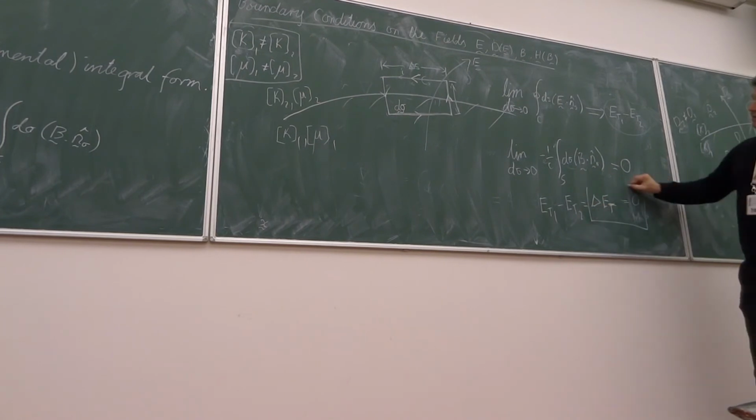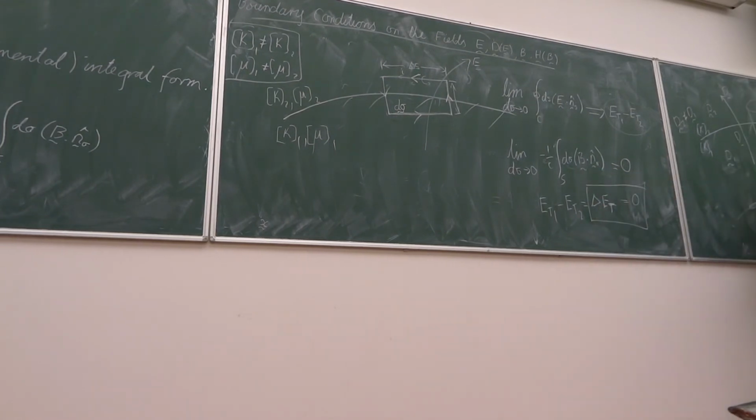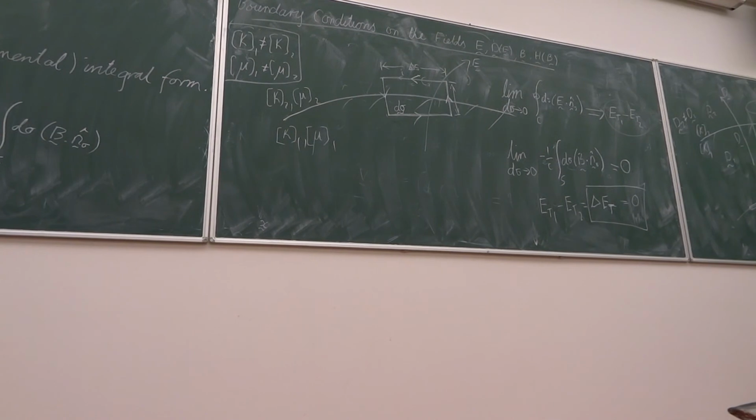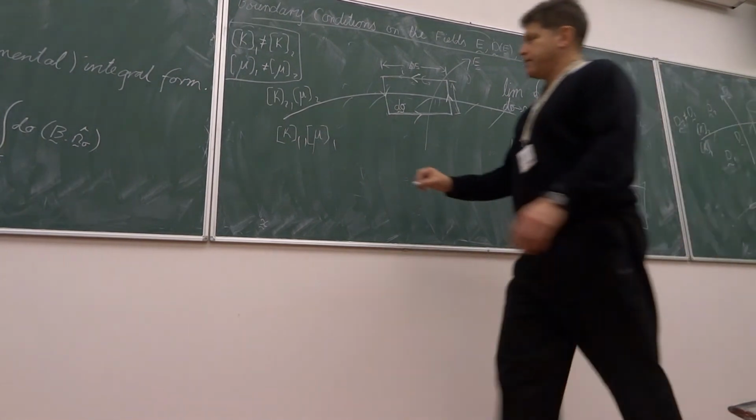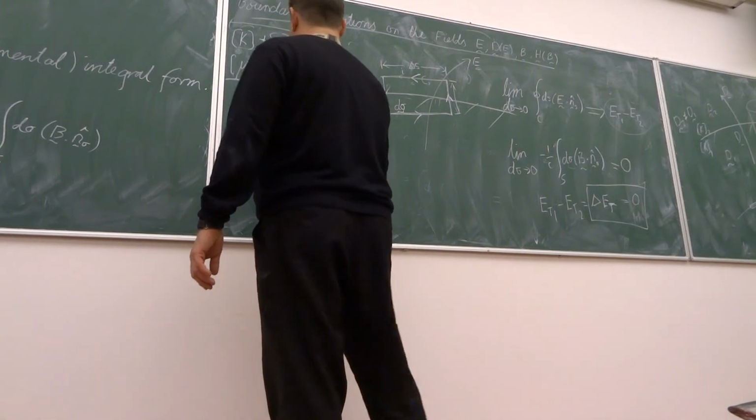So we can say that in terms of the continuity of the electric field, the tangential components of the electric field are continuous across a boundary, which is quite different because we don't get a non-zero case as we had earlier, where the normal component of the displacement vector is actually equal to a non-zero quantity. It's actual area charge density. So if you want to stick that in words, you just say the tangent